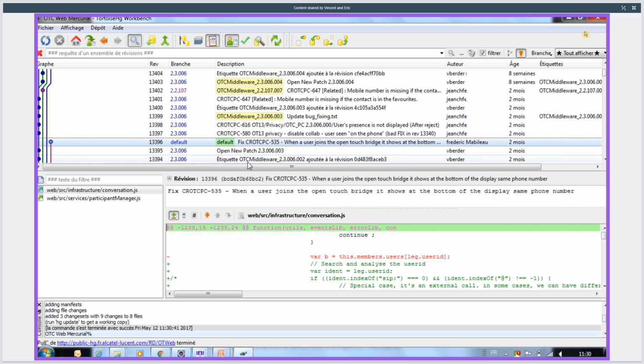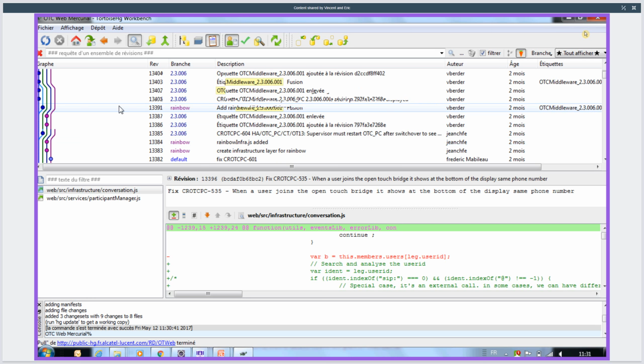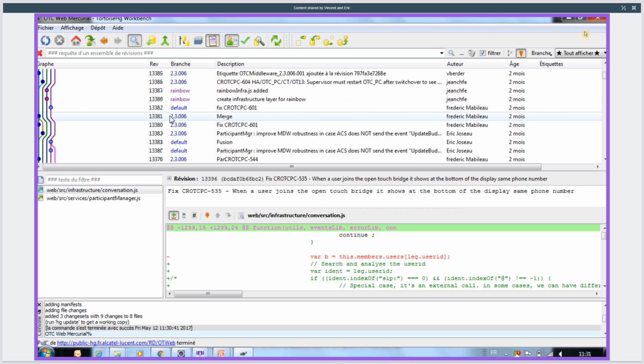So here you have the branch, and the default is the one we use to do the new code, the new feature added to the middleware. And when we do a delivery, for example, last delivery,